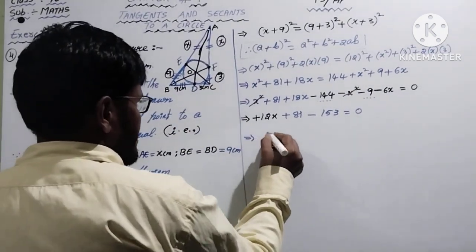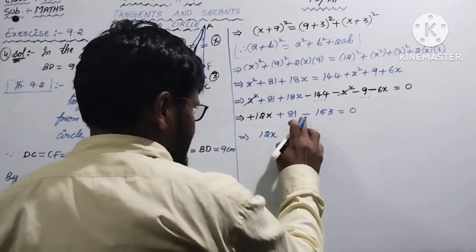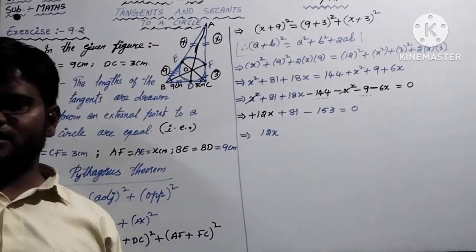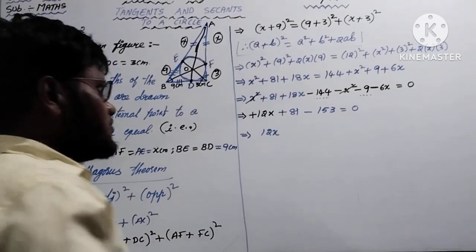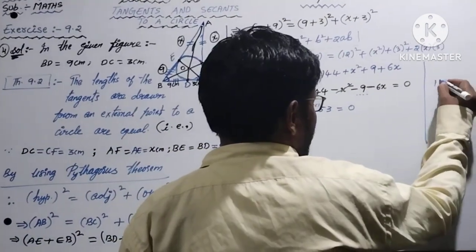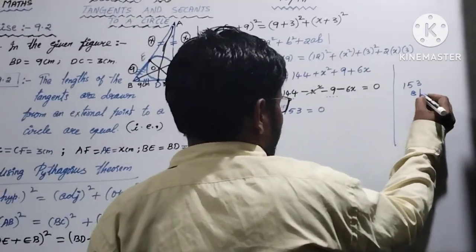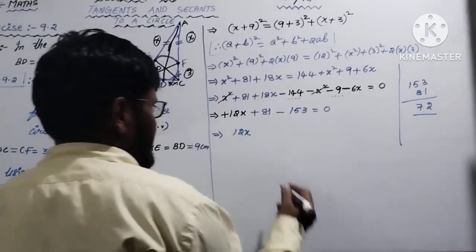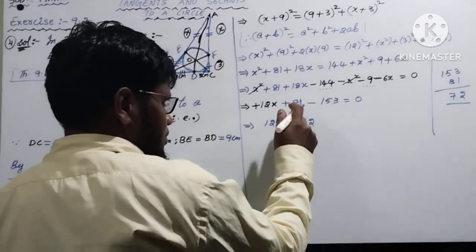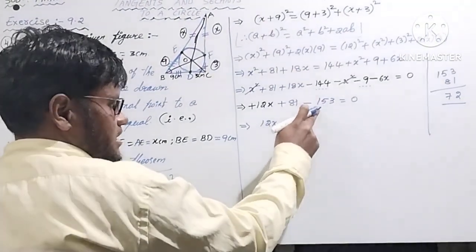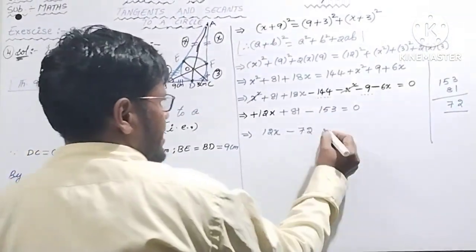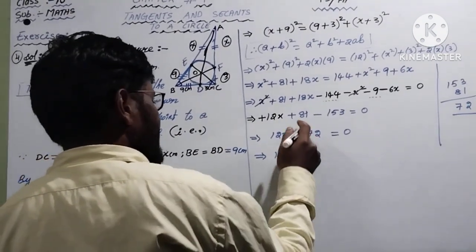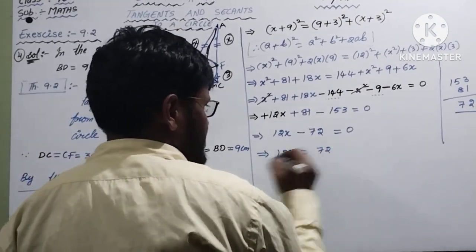Okay, the next step plus 12x. Now one is in subtraction, one is in addition. Okay, addition and subtraction means subtract the numbers. Okay, subtract 153 minus 81. Let's see here. 153, 81. 3 minus 1, 2. 15 minus 8, 7. So answer is 72. Then in this both, which is the bigger number? 153. Sign what having? Minus. Equals to 0. Then next step, 12x is equals to minus 72 changes as plus 72.